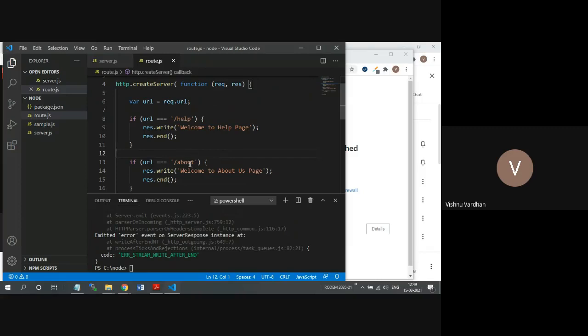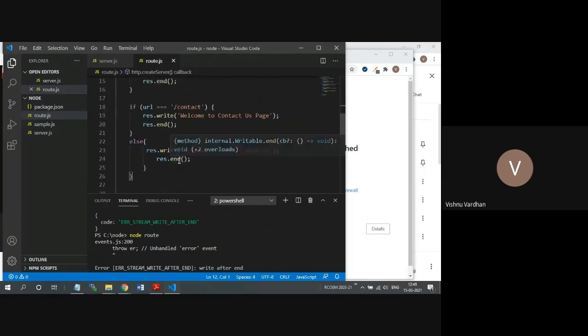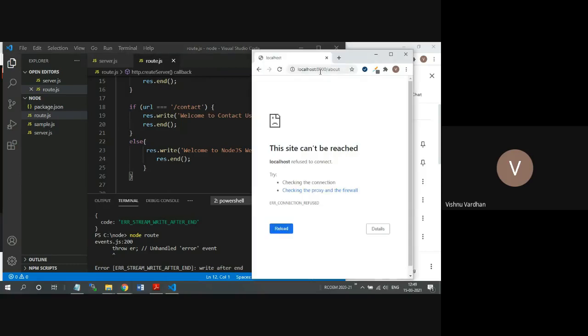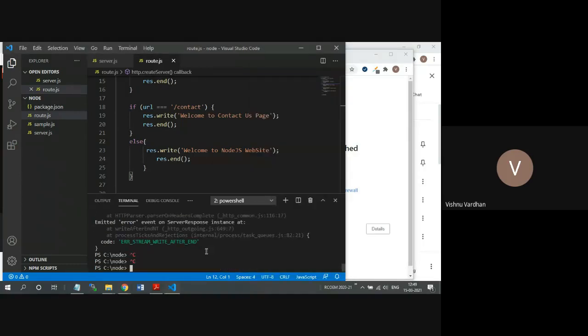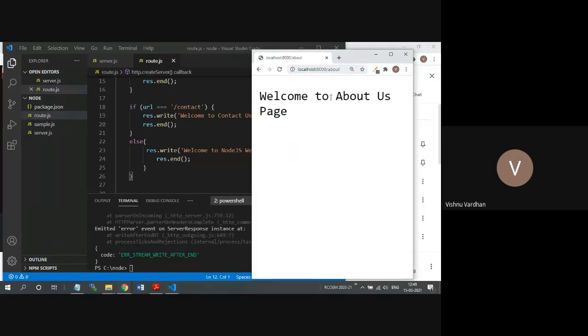So I think what is happening is after a couple of requests, the node is actually not getting that event request URL. So that's why something is missing in this. One more time I will run route about. It is actually executing properly.